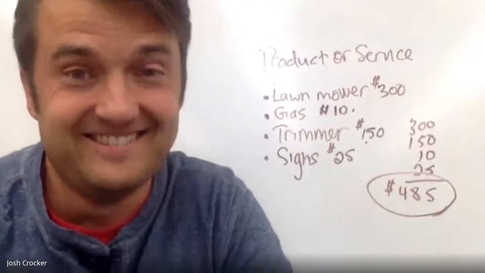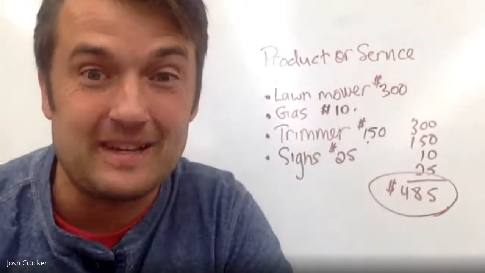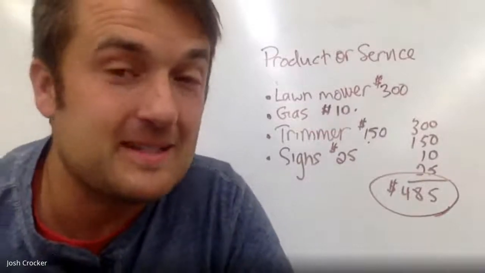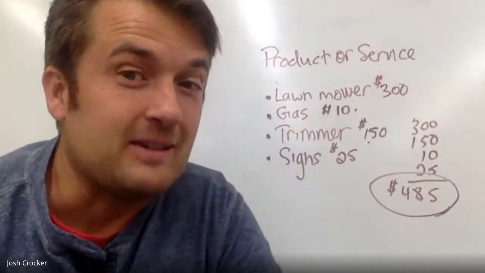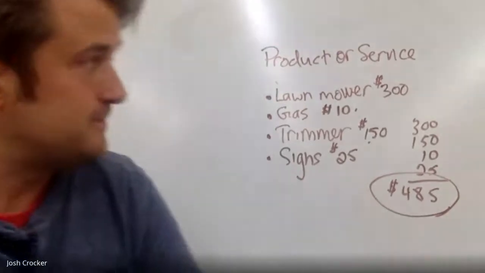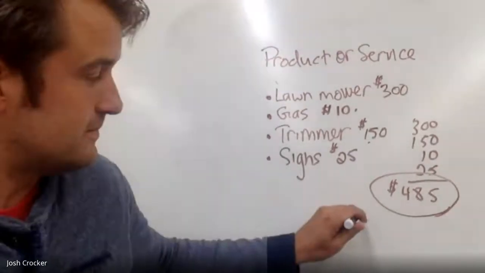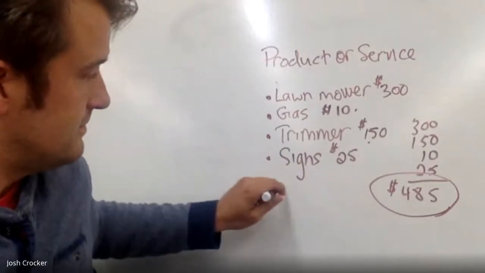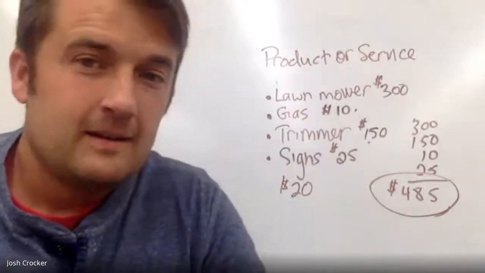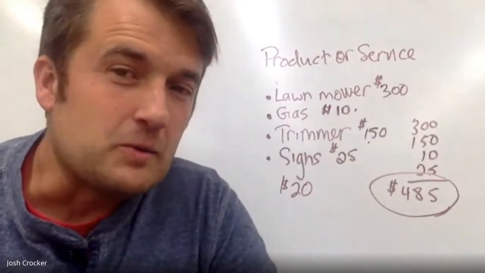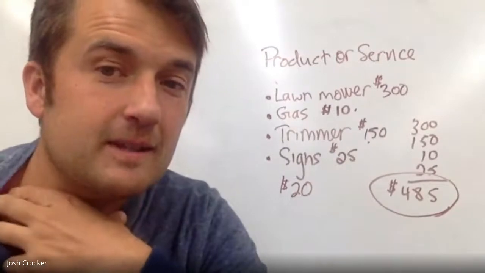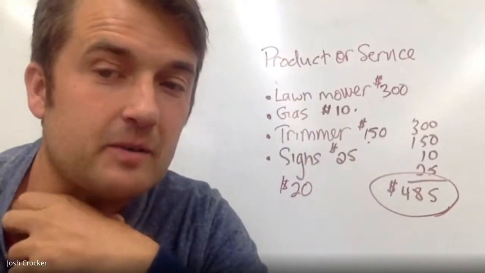Yuck. Okay, I don't want to break even here. I want to make some money. So maybe I need to charge more than $5. Maybe I could get 20 bucks a lawn. And if I charged $20 a lawn, if I did 5 lawns, that would be $100. So if I did 25 lawns, I would get my money back, and then everything after that would be profit.